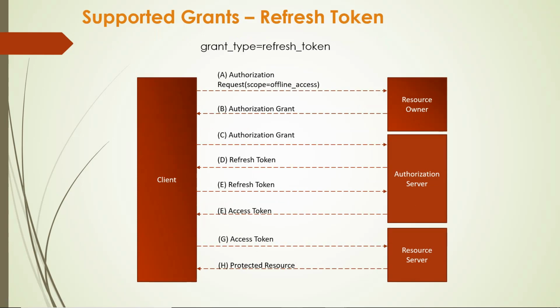The next one is the refresh token, also called offline access. The value for that grant type is refresh_token. In the previous flow we saw, the resource owner has to authorize, then with that authorization code or grant, the client gets an access token, and through that access token the client can access the protected resource. Here the authorization is the same, the resource owner still has to provide authorization, but it is one time. The first time he has to authorize. At a later point, the client will have offline access through the refresh token.